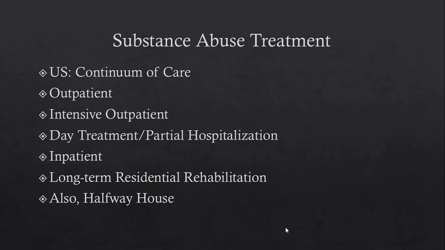And then outside of that continuum, there's also something called a halfway house. And for some people who have drug and alcohol problems, if they're coming out of inpatient or coming out of long-term residential, a halfway house would be a place where they would have more freedom than if they were inpatient. You know, inpatient, they're monitored all the time, around the clock. A halfway house would say, you can go out of the halfway house, you can go to work, you can go to school, but at the halfway house, there's going to be counselors, there are going to be people who are giving you drug tests. So there's going to be some level of accountability, but a little bit more freedom.